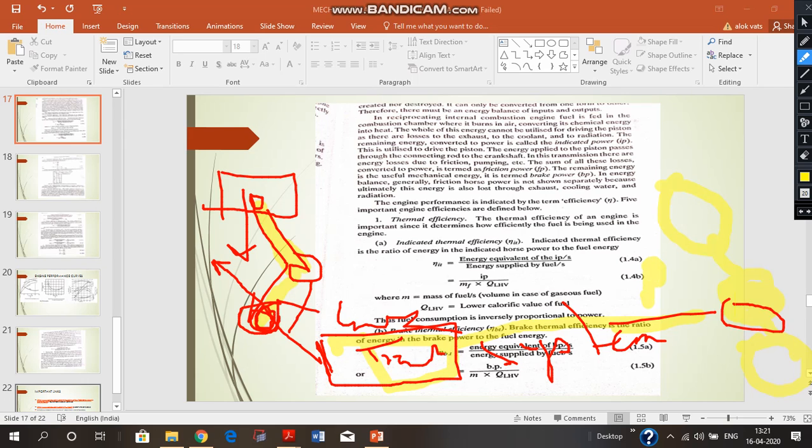Energy is lost, and also we do not have the full 100% transmission efficiency. That is why power is lost in the transmission system, and this is due to friction and other rubbing losses. All these losses are considered in the friction power, and pumping losses also we have, and we can see very well the pumping losses and the friction losses, and the power finally available at the wheels of the vehicle is called the brake power. It is actually the useful mechanical power or the mechanical energy available at the wheels, and it is called the brake power.